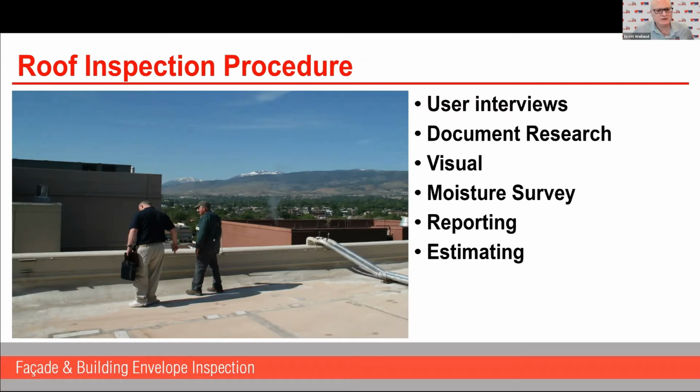Roof inspection. Facade inspection would not be complete unless you looked at the roof. There again, your building engineer is a source of valuable information about when the building was re-roofed or recently repaired, work that was done on the roof recently. You're going to start out doing a visual inspection, followed by a moisture survey. Moisture survey is typically done with a thermal camera, and then verified with some moisture meters. You generate a report and produce an estimate on making the repairs